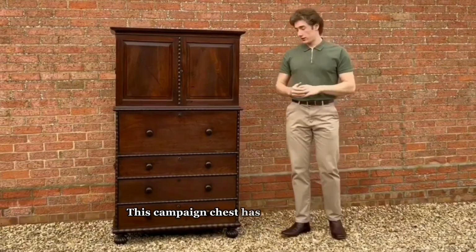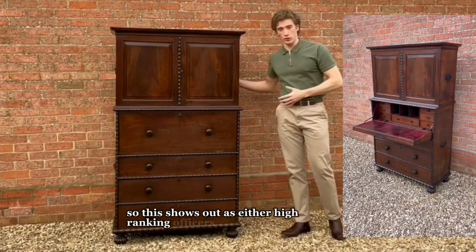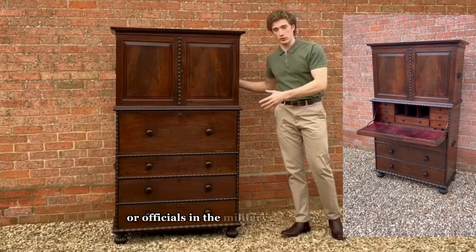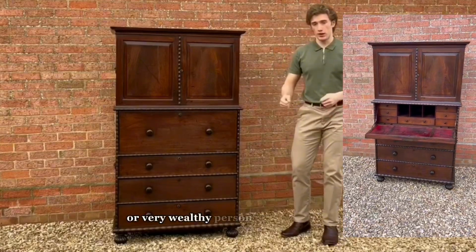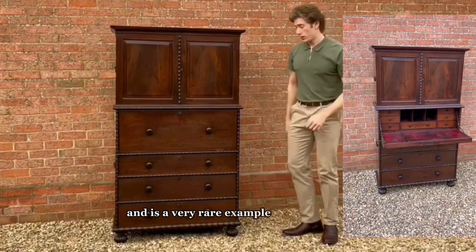This campaign chest has a secretaire to the middle. So this shows that as either high-ranking officers or officials in the military, or a very wealthy person would have typically had one of these pieces, and it's a very rare example. Now, if we open this up,